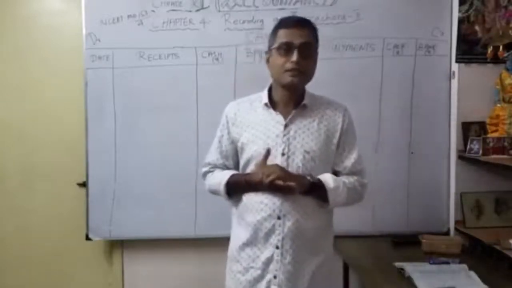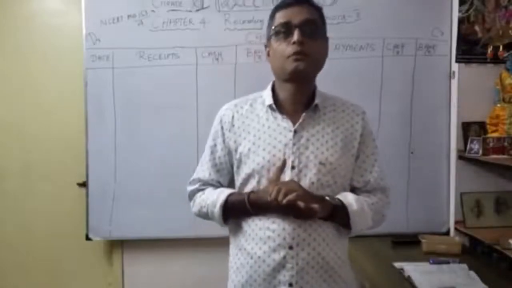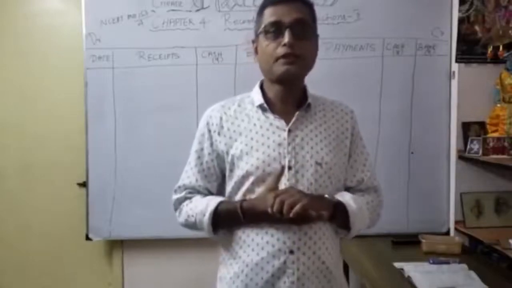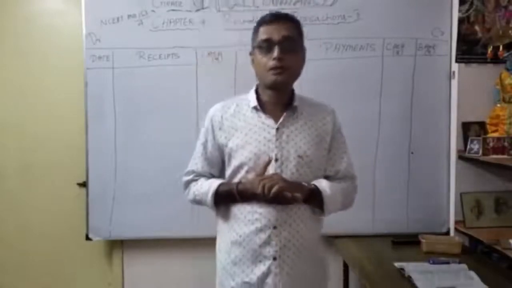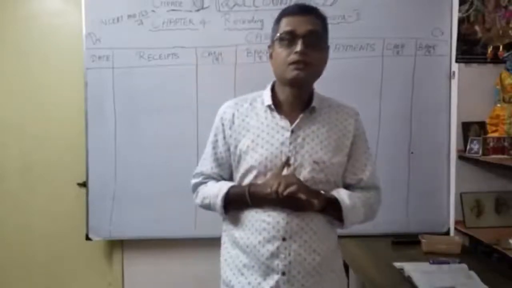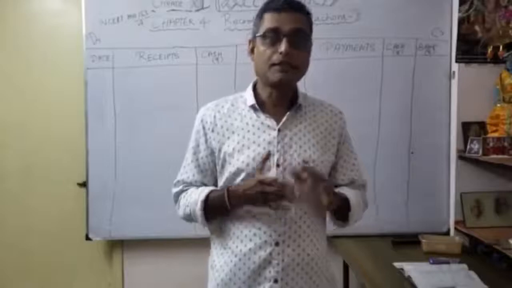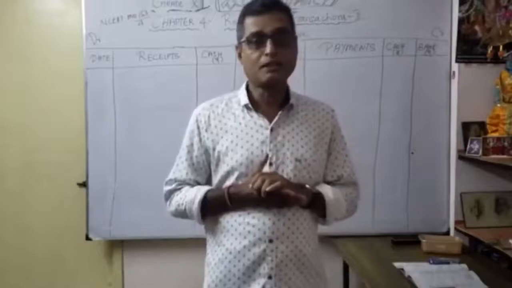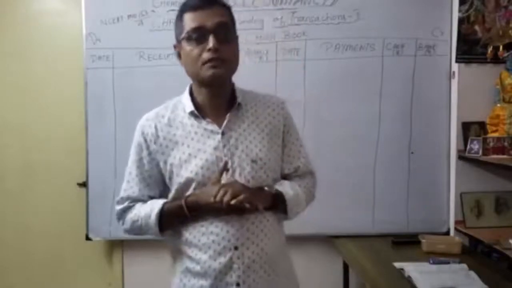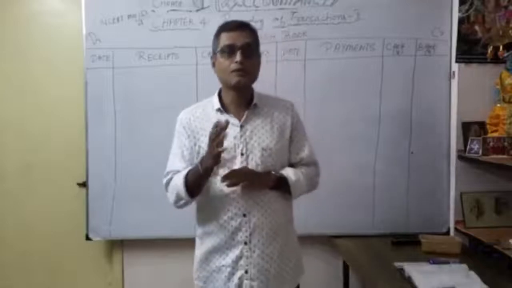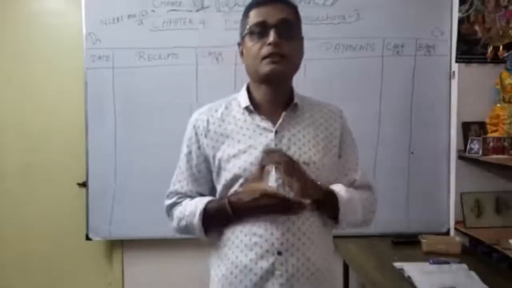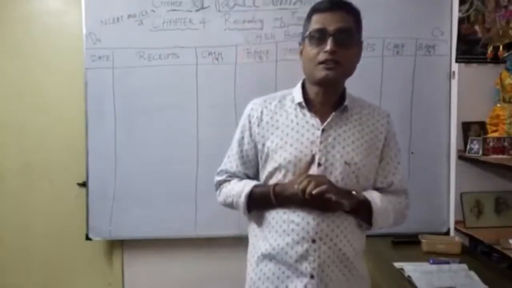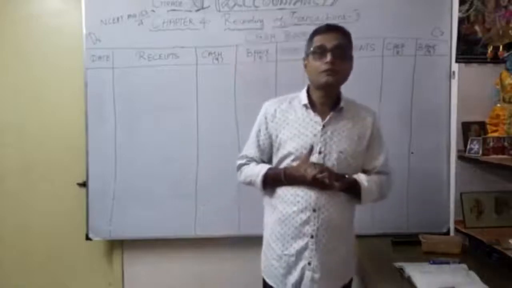Under that, we discussed the first one, cash book. What is cash book? Only the cash transactions we deal with in the cash book. You know very well why special purpose books are there: whenever the business improves, enhances, and enlarges, there are more transactions. So we further subdivide into different journals. That's why there are special purpose books for different classifications, such as cash book, purchase and sales, purchase return and sales return.